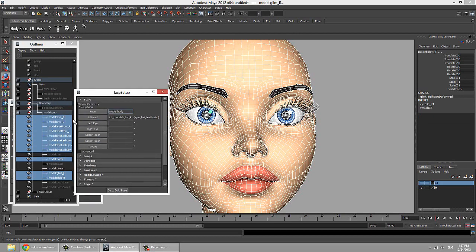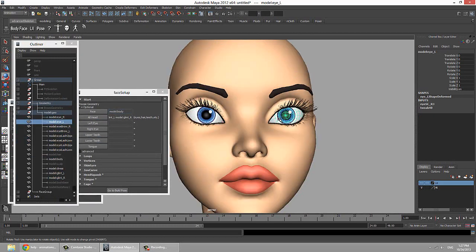Next is the left eyes, and note that we can select more than one object. So if you have separate objects for pupils, iris, etc., like in this case we have a separate glint object, you can select multiple objects. Now for the right side,